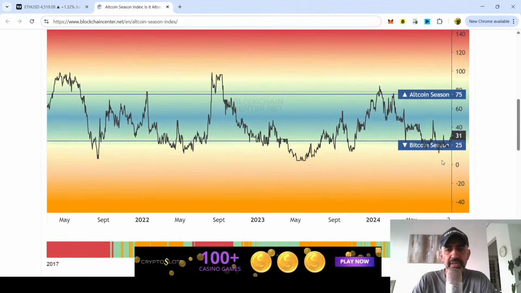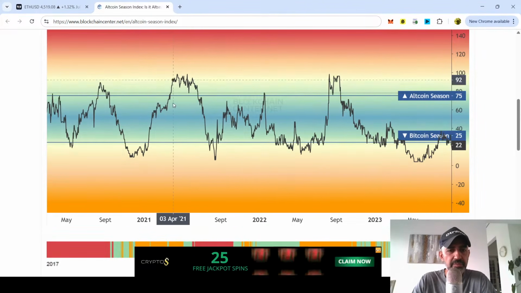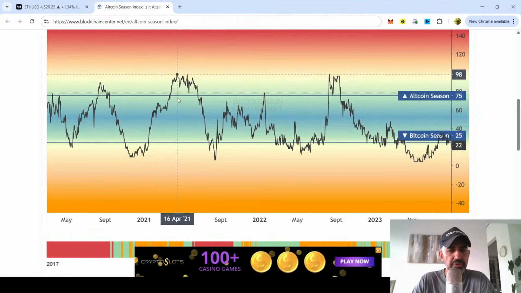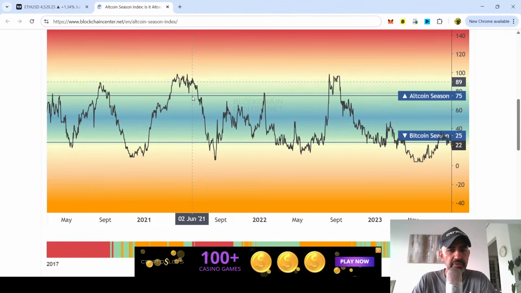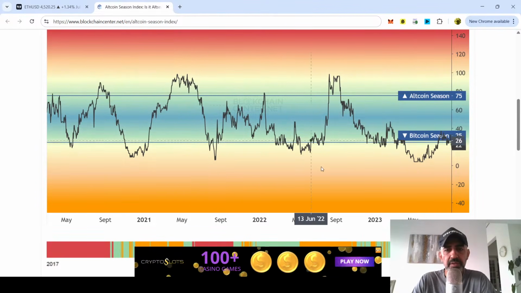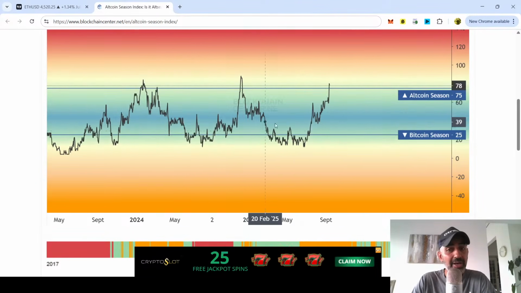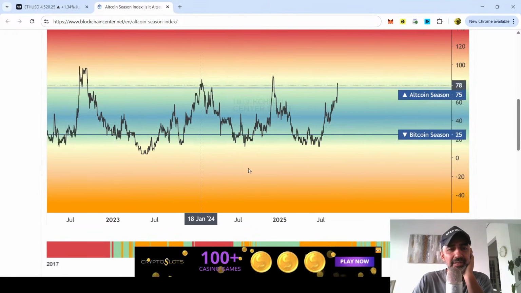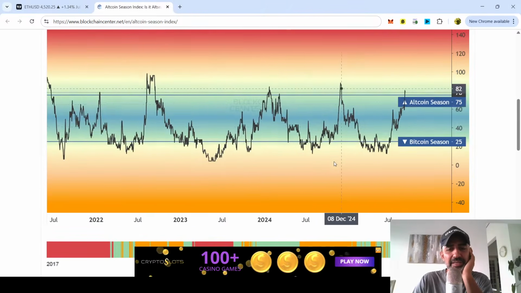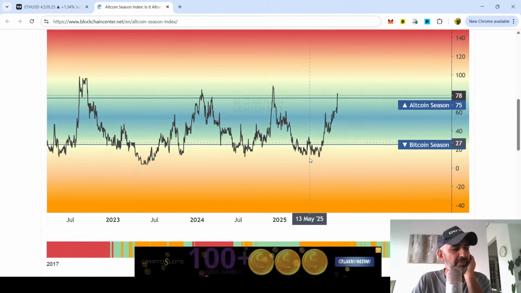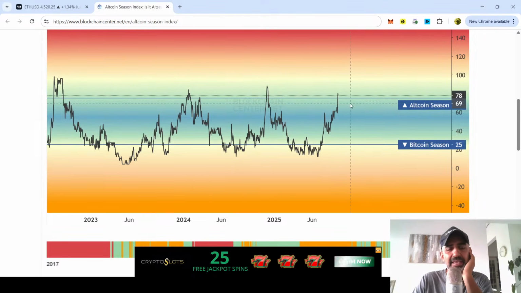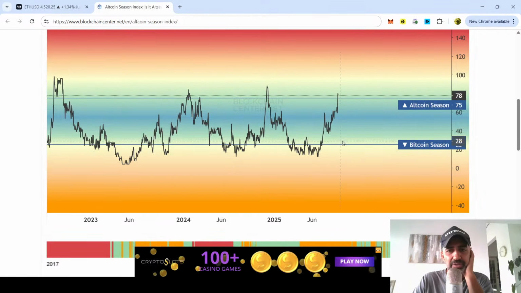But really what we're looking for is the big one. This was the big one, wasn't it? And that lasted how many months? 1, 2, like 3 months for that. So what we want is this to last. We don't want another quick rejection. We need this to last longer. That's how we're going to get the parabolic moves, if this can linger here rather than a quick rejection.